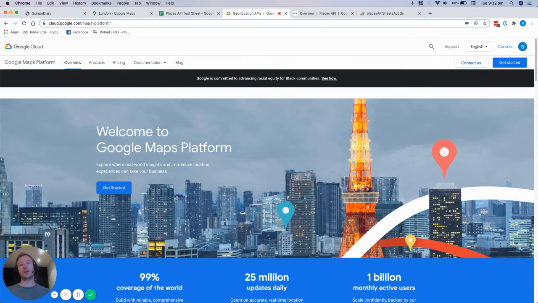Now, one really great strategy I've used in the past to get leads for my business is to think about where your customers are based. So if you're selling to professional services, you could be looking in a central business district, or if you're trying to sell to industrials or manufacturing, maybe you can search in an industrial park. So if you can think about where your customers are based, you can write really targeted searches for them. And the Google Maps platform allows us to write really targeted searches that allows us to search over all of